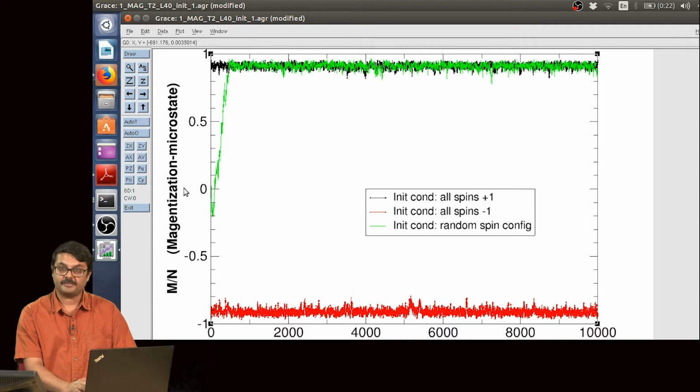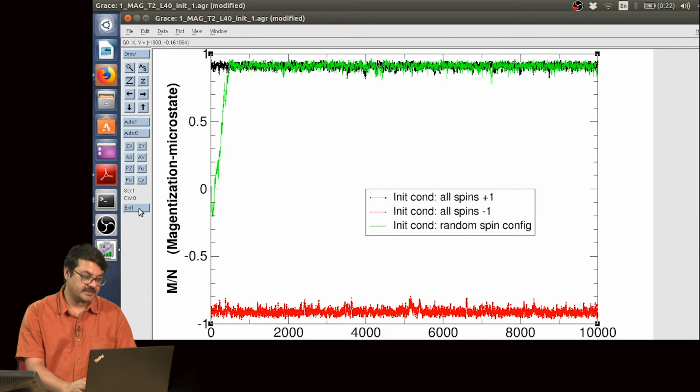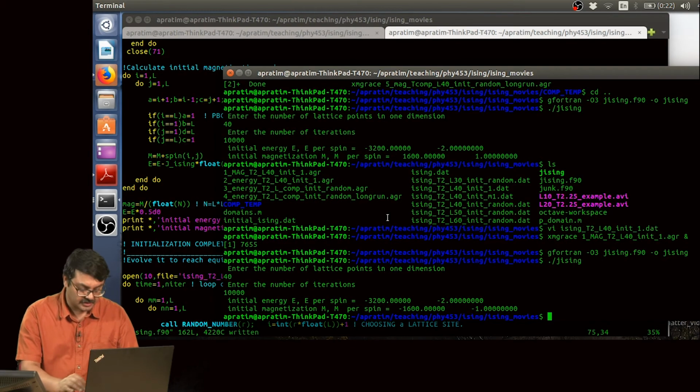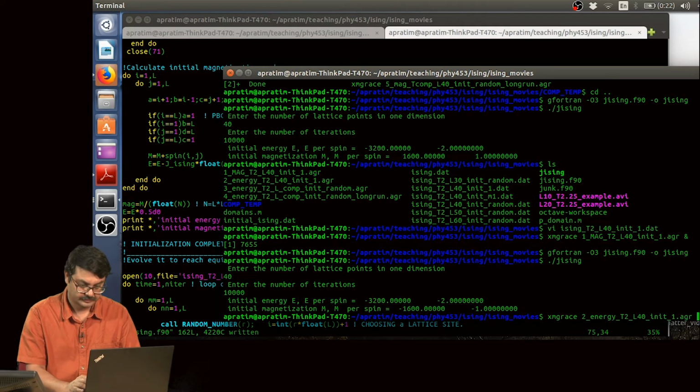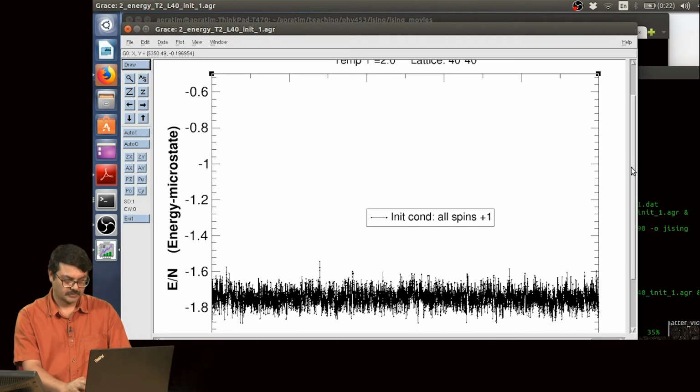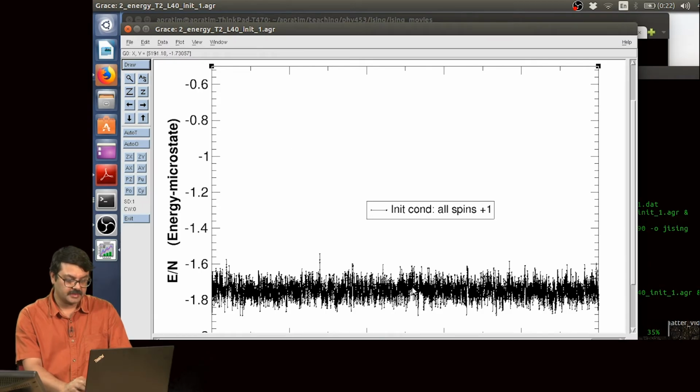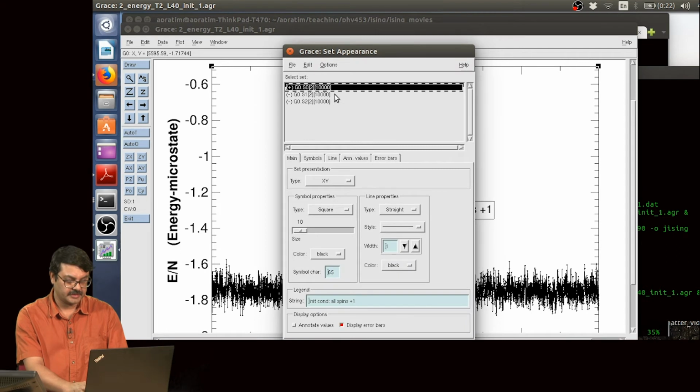Let us look at what happens with energy per spin. Okay. I have again already plotted the data. So, just have a look at what we have plotted. Okay. So, here this is basically data where we started from the initial configuration where all spins were pointing up. Now, I have already plotted the data for the other two cases,